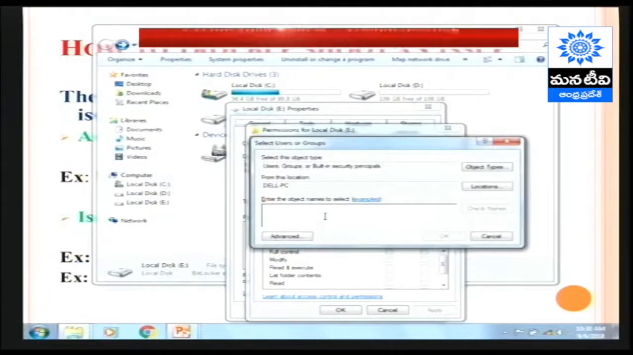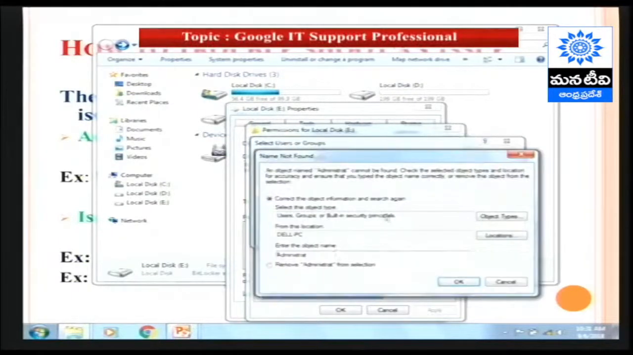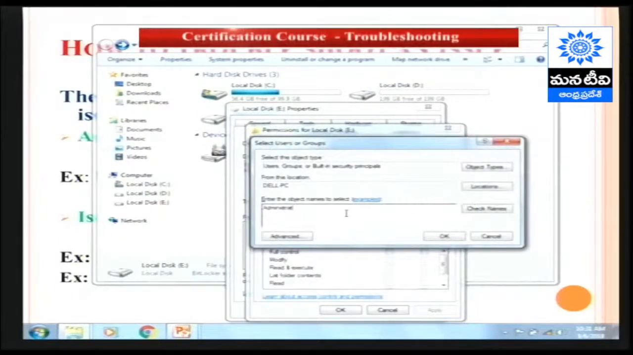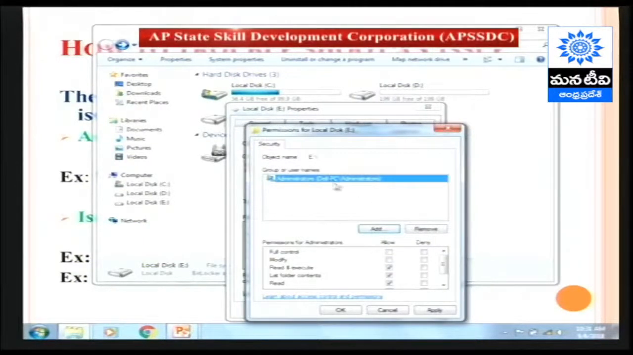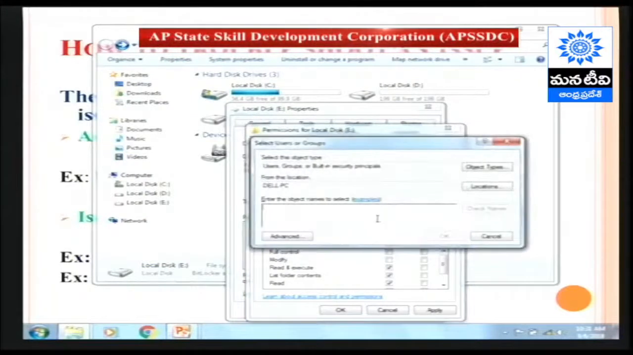First I need to add Administrators. If you are unable to write the full name, see what it is showing. If you are unable to write the full word or the exact word, because of a spelling mistake, you are unable to add the particular authorized user name in the permission list of this drive. I added one authorized user in the permission list of this drive. That authorized user is Administrators of this computer. I added one authorized user group, and later I need to add one more authorized user group,